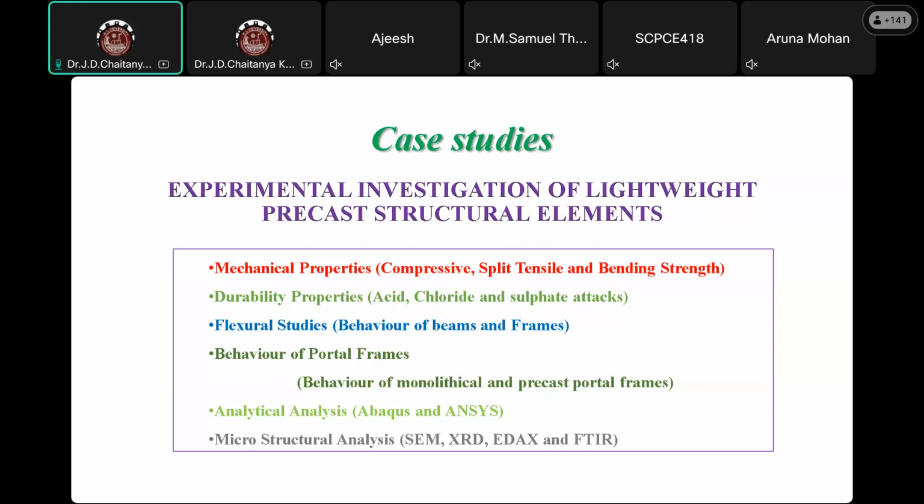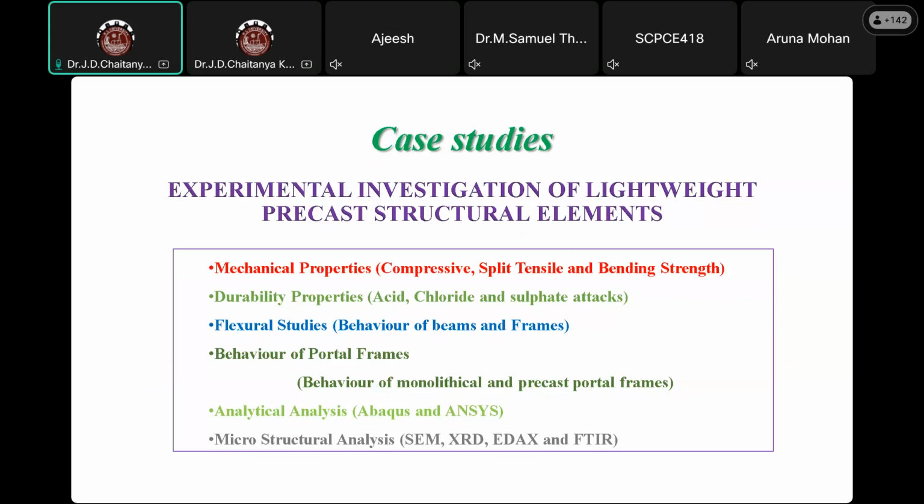The first study will be replacement with shells in the aggregate place and GGBS in the cement place. The second case will be the same as the first case, except the coarse aggregate I replaced with shell and the cement I replaced with palm oil fuel ash. So this is the case considered for the